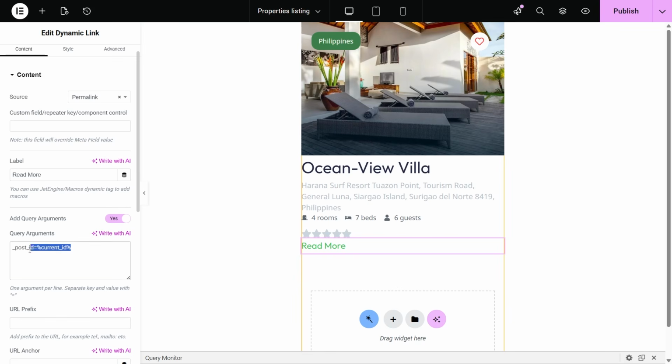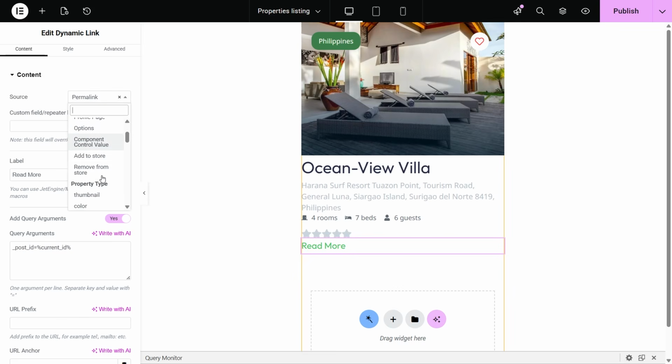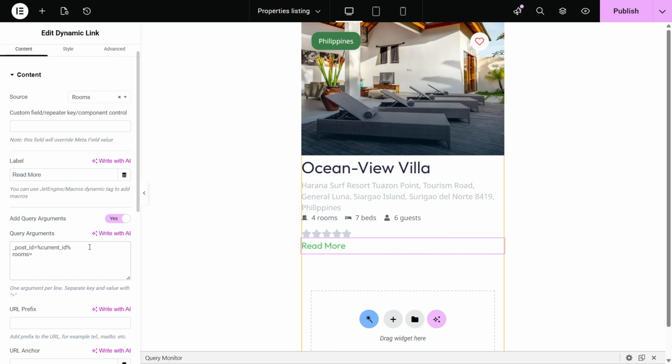If you switch on the Query Arguments toggle, it already has this post ID key and a macro for a value. And in case you want to pass a certain field value from the post selected from the drop-down here, for example rooms, and then write a key, you can write whatever word you want, and the field value macro here. So it will pass the number of rooms in the URL when you click this link. So the link will have this property's permalink, and you will see the key and the number of rooms instead of this macro. I cannot really see much practical application for this particular case,